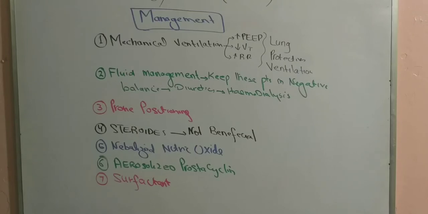dead space. Dead spaces are those where there is air but no blood, and shunts are those places in the lungs where blood is present but no air is present. So you can reduce those, and you can increase the compliance of the lungs in these patients, because in cases of ARDS there is decreased compliance and increased respiratory distress as a result of that decreased compliance. So prone positioning is very important.